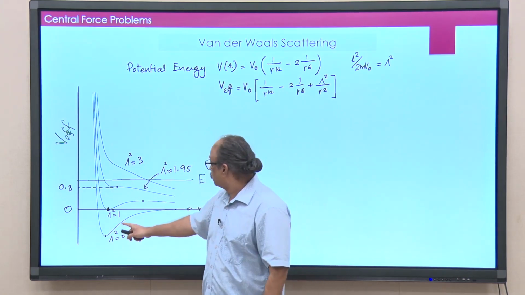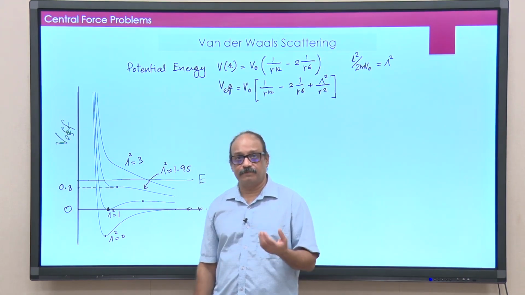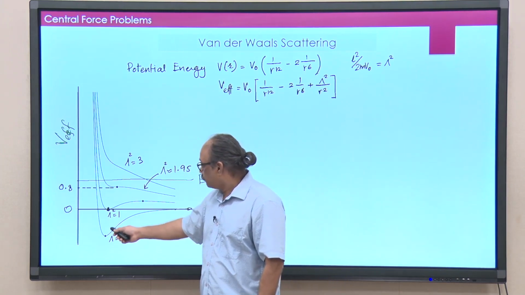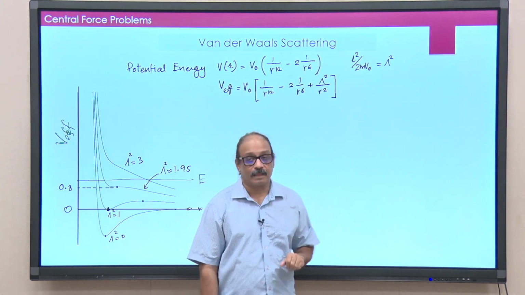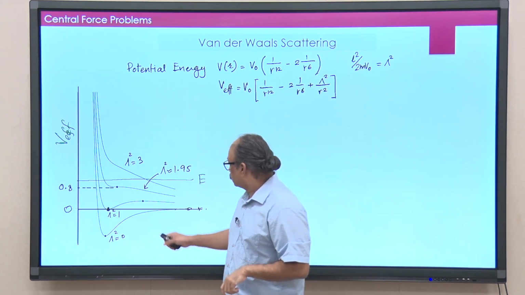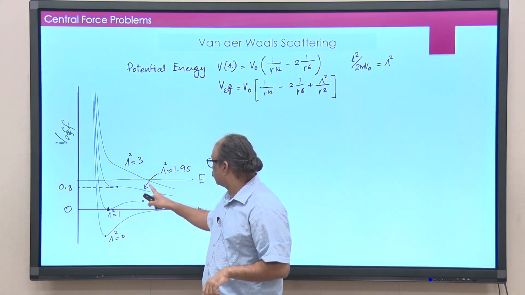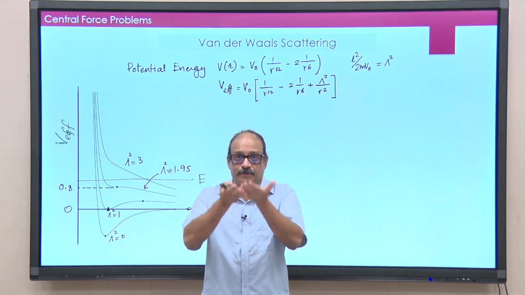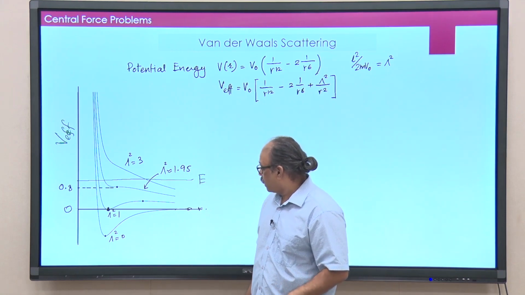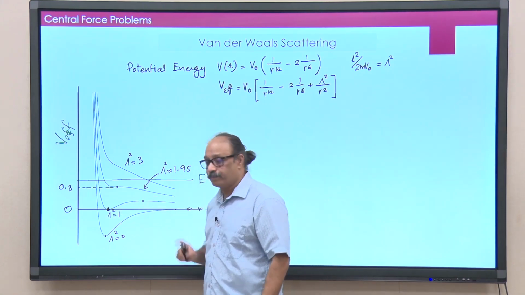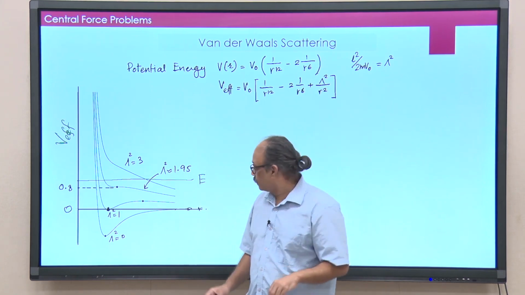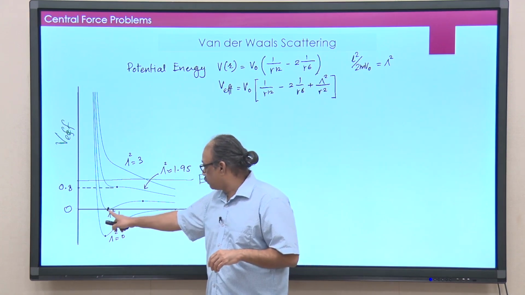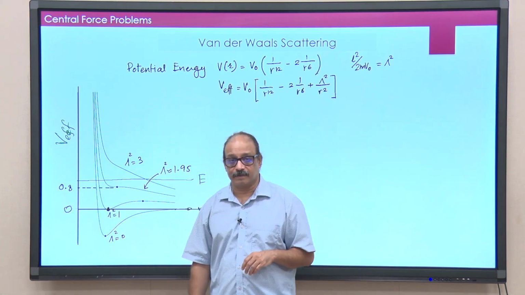This is just the V of r, that is V effective when L is equal to 0. Then if I add this term L square by 2 m r square, that is for different lambda square, lambda square is equal to 1, lambda square is equal to 3, then of course you are adding some positive quantity, and the graph is shifted upwards. And then once you do that, at some point 1 over r square starts dominating and you get this maximum. Okay. 1 minimum is already there, you get an additional maximum there.